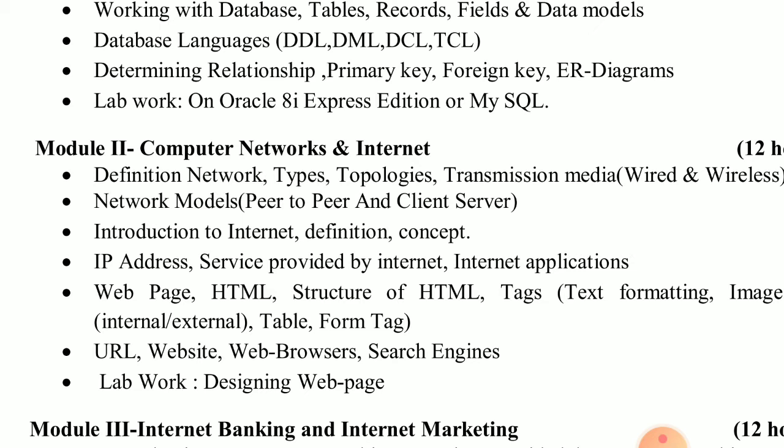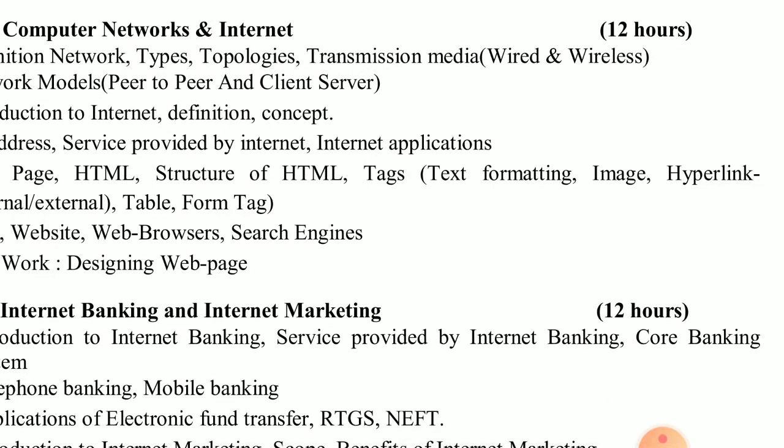Then tags. It consists of a number of tags. In C programming there are a number of syntaxes. Using syntax we write down the code. In HTML we write the code using different tags. Then text formatting tags. There are so many different text formatting tags, we'll see later. Then image. If you want to insert an image in an HTML page, we'll see how to insert the image.